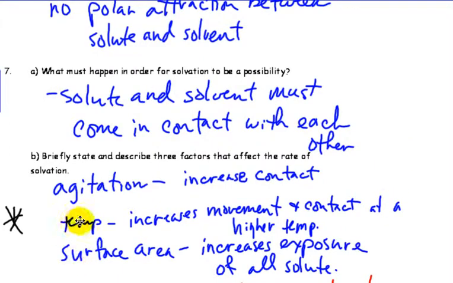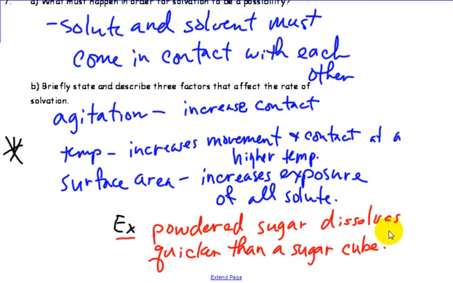Of course, hot coffee dissolves sugar much easier than cold coffee. So increased temperature, you're causing those molecules to move faster, hit harder. And also surface area. So there we can look at, if we increase the surface area, what we're doing is really breaking something into smaller pieces, i.e. powdered sugar versus a sugar cube. So the powdered sugar would dissolve much quicker. Where would you